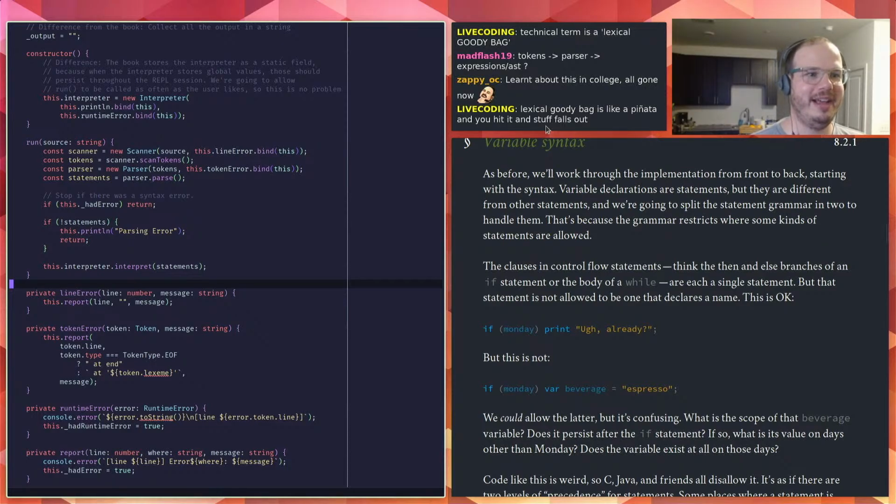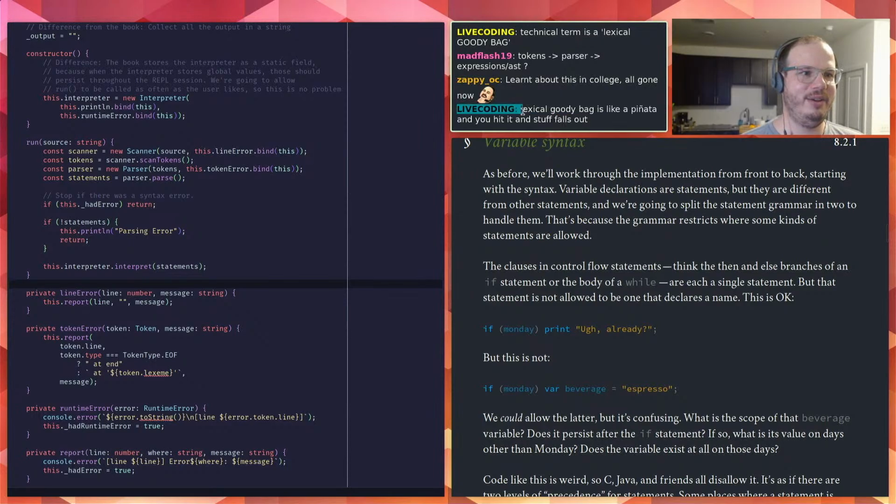Oh, live coding. I wish that I knew this code. I wish I knew how to do this in code. I would just do that. I would sit here hitting the pinata. Yeah, Zappy, I feel the same way. I learned about all this a long time ago, and I'm just reabsorbing it. I feel like I've had to learn it over and over again a few times, probably because I don't do this for a job like the author does.